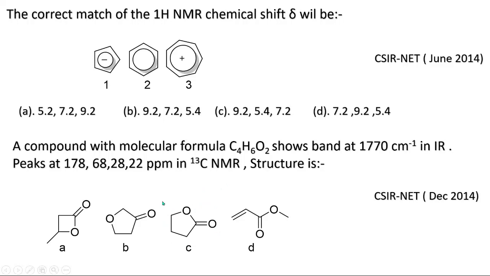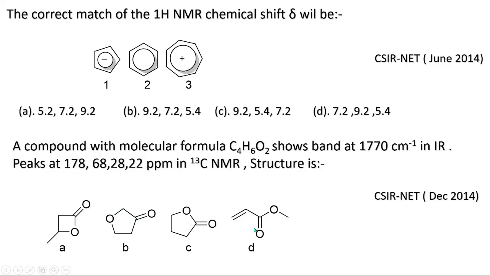Now how to eliminate if you don't know 1770 inverse? What we'll do is apply the concept of s character. If you see, these two molecules cause confusion. That means if this compound has 1770 centimeter inverse or this compound has, there is no confusion between these two molecules. How? This is actually a ketone. Also, 178 ppm will be for an ester, not for a ketone. So we can eliminate this.